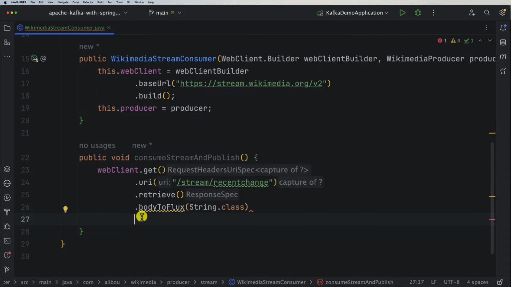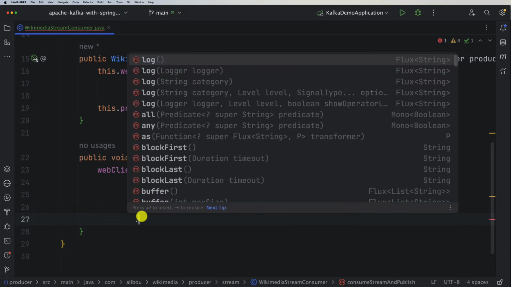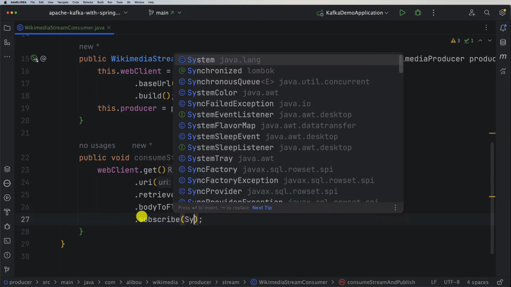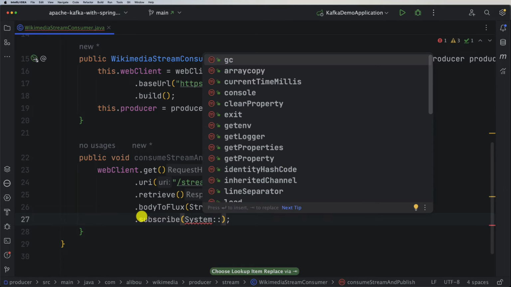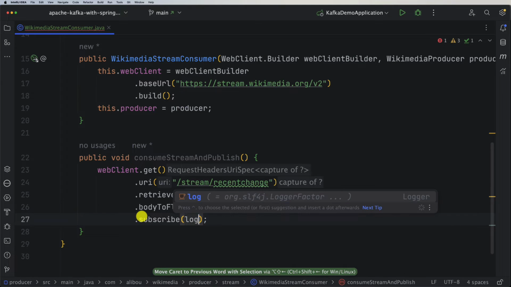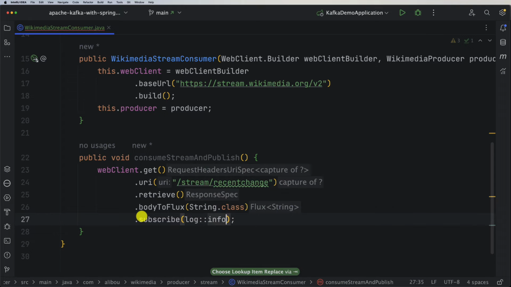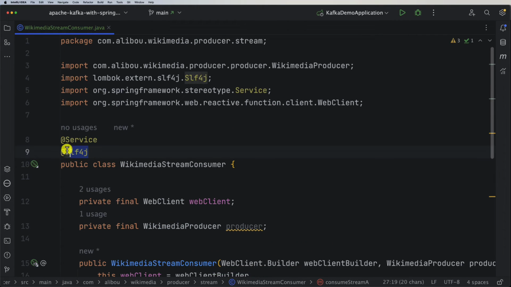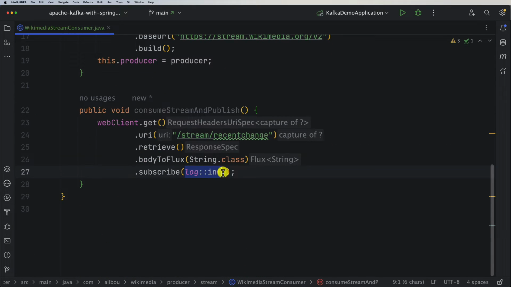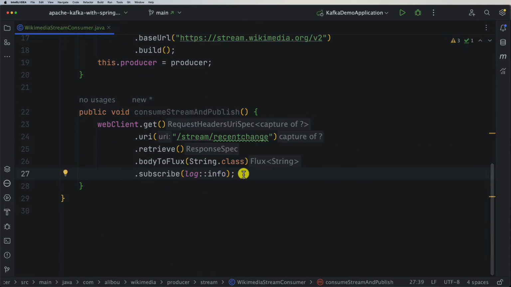It's the publish-subscribe pattern, so that's correct, we need to subscribe to it. After subscribing, let's maybe try System.out just to print, or let's say, for example, log.info just to log what we have in here, since we injected our logger. All right, and then we will change this one to send the data to the producer.